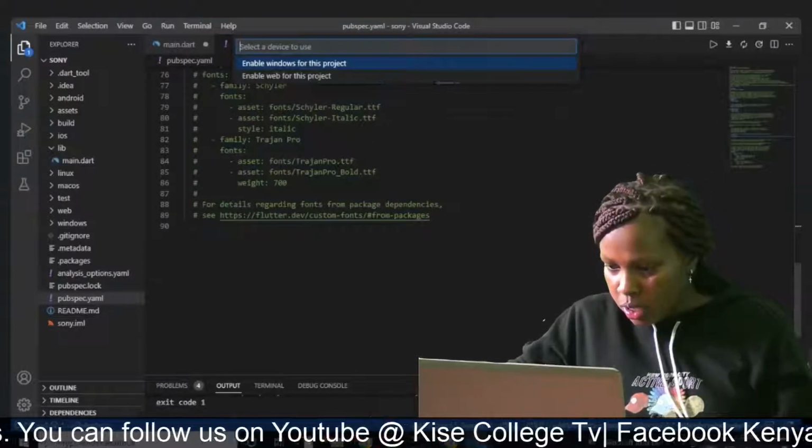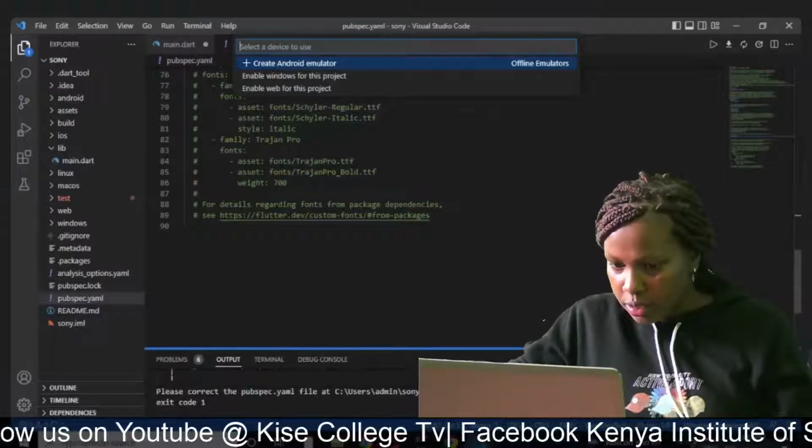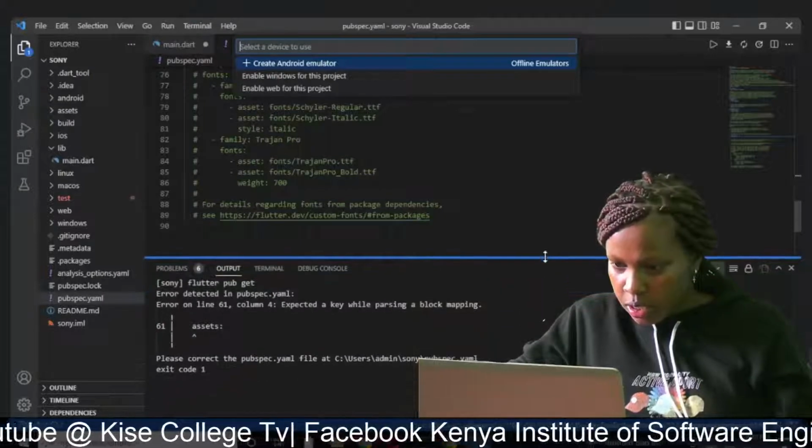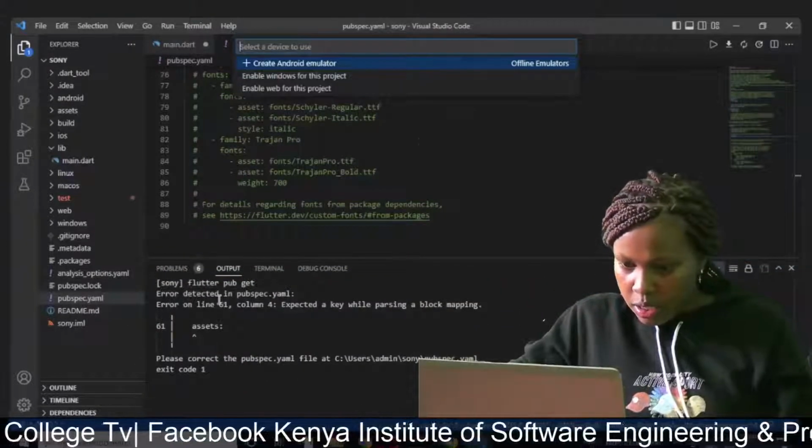So you can see from here, it is telling me that